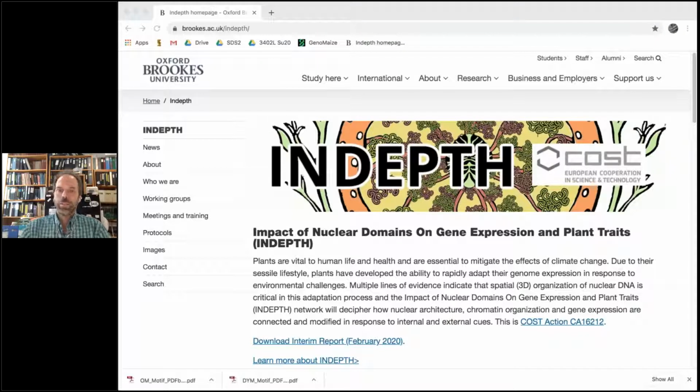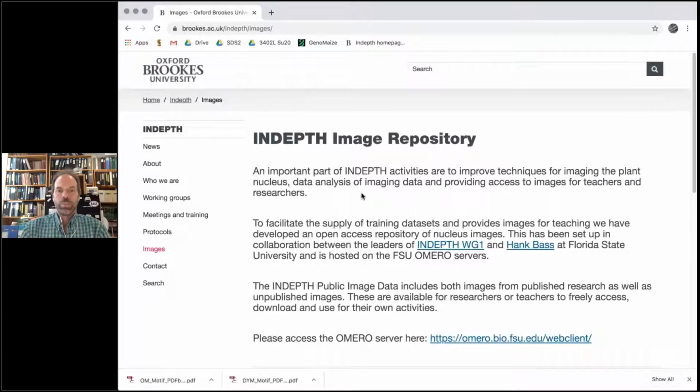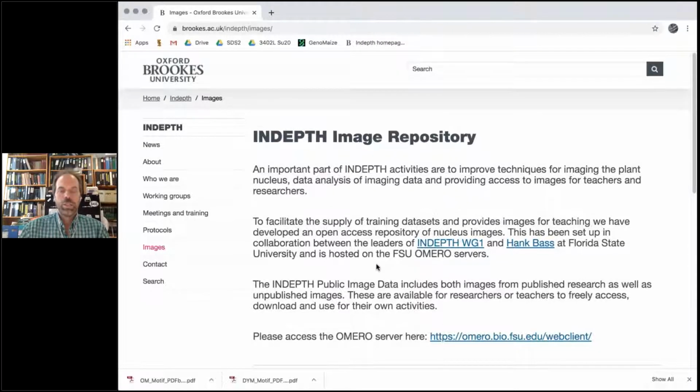This is a short video to familiarize you with online image data that's been curated and made available through the COST Action Consortium called INDEPTH. This is the INDEPTH homepage, and on the images subpage, you will find a link to this image repository that we call OMERO. So the plan is to have several of these, including several in Europe. And this first one that we've put together is called OMERO FSU, and you access image data through a web